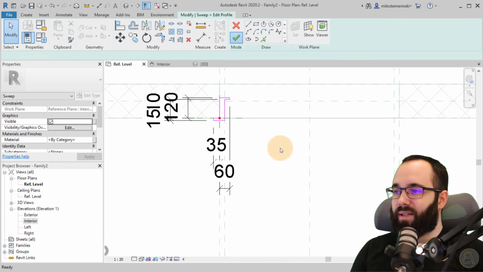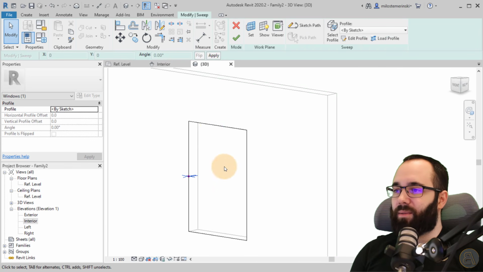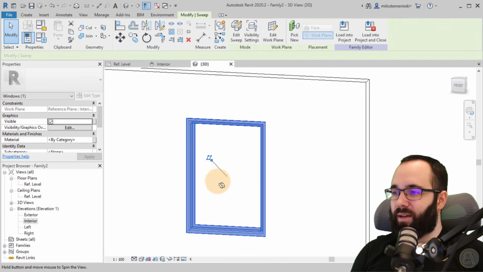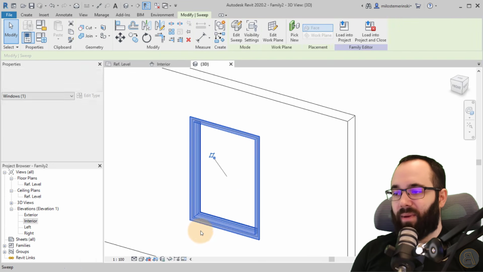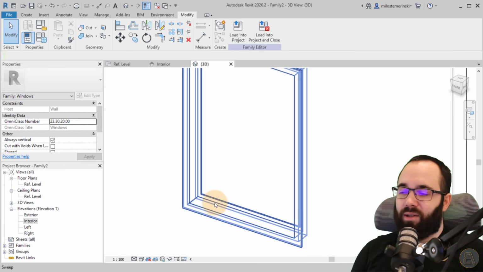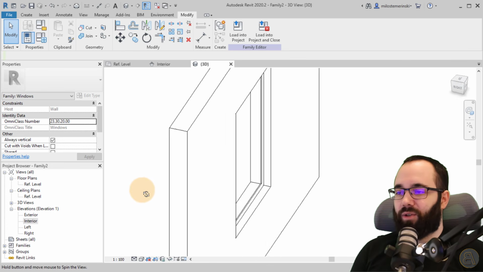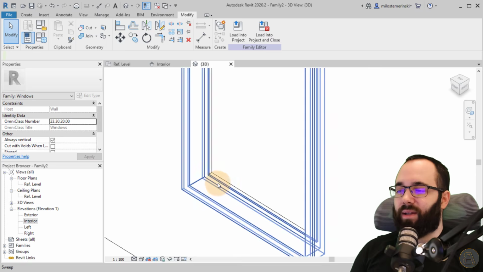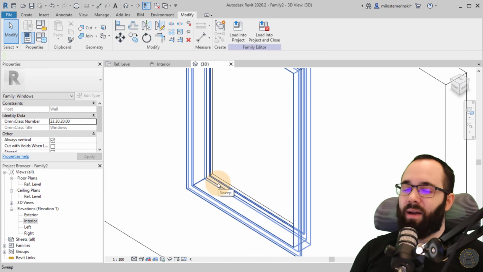So now once you have this, if I just hit finish, go to the 3D view, hit finish again, it's going to look like this. So now we have that frame. Now you can notice that this frame only is on the interior side, and that's exactly what I want to see. I just want this to be on the interior side of the window,